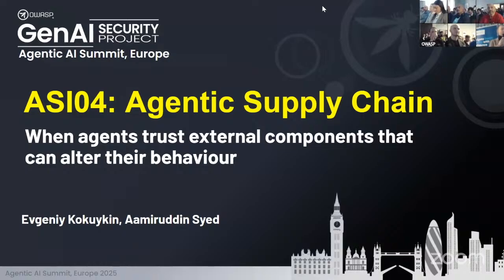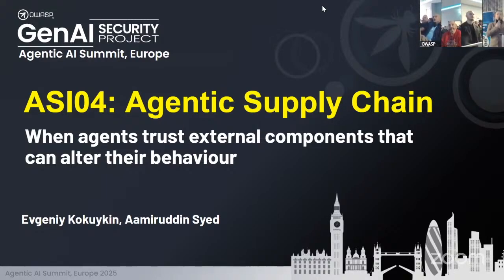As many of you know, as practitioners, the supply chain has been around for a while, and it's not going anywhere. But we have some differences towards the agentic system, because previously the system was compromised through the registry, the external dependency, or CI/CD problems, and now we have agentic systems that are running in runtime, deciding whatever components they want to use. And this is the major point we want to emphasize in the supply chain item for the agentic.